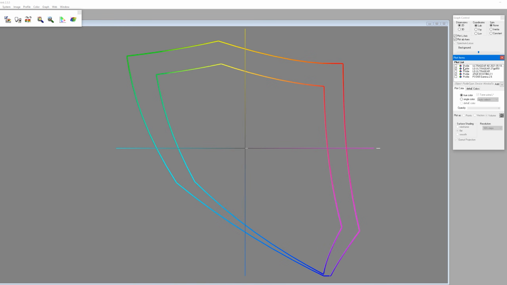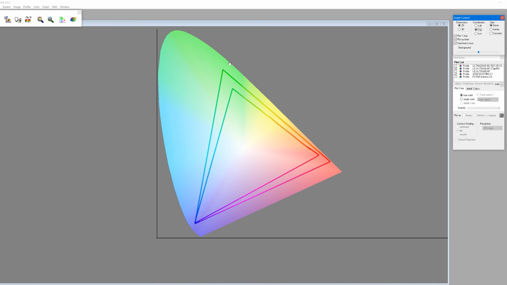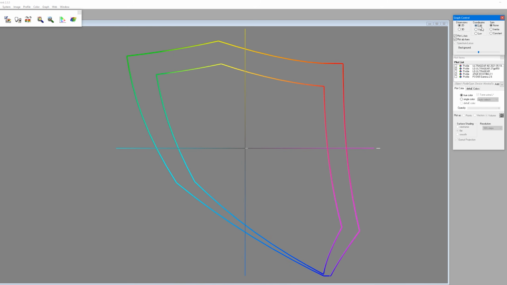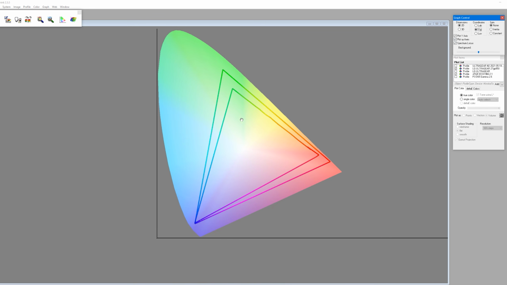This one obviously is really close to what I got and fully encompasses the sRGB and also the DCI-P3, and this is really close to the true gamut. That's the one you want. Finally, let me point out, I know this graph is slightly different than the one I showed before, which had triangles that looked like this. These are just two different ways of plotting the different color spaces. So this is called Lab, this one's YXY. They're the same exact thing, it's just plotted differently.